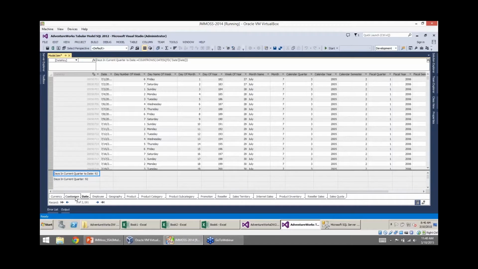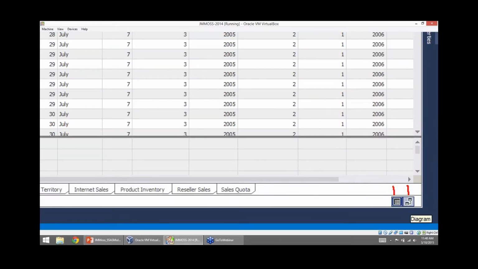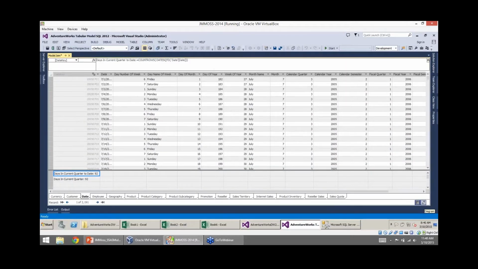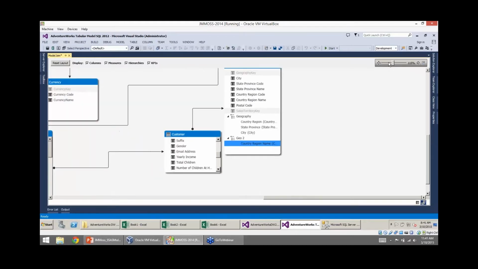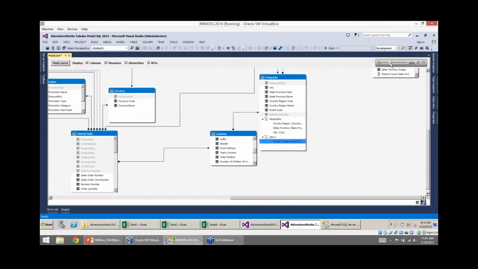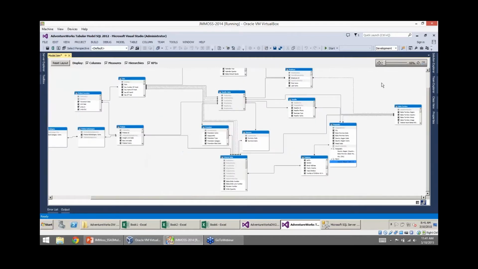Down in the bottom right corner, I'm going to see two buttons. I have a grid button and a diagram button. Grid view and diagram view. Right now we're on grid view, which is all of those tables. If I flip over to diagram view, this is going to look a little bit more like our data source view. And I'll pull that out a little bit more so you can see it. These are each of the tables that we have brought in from that underlying data source, how they are connected,